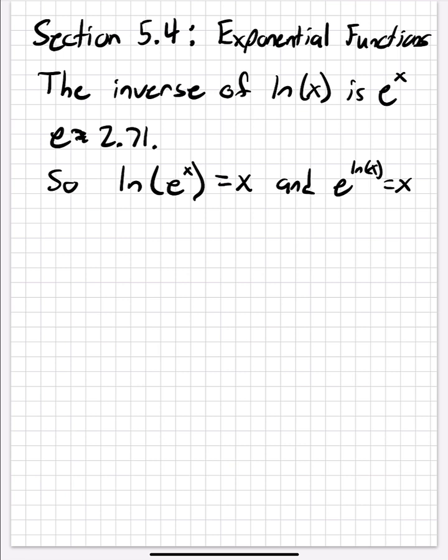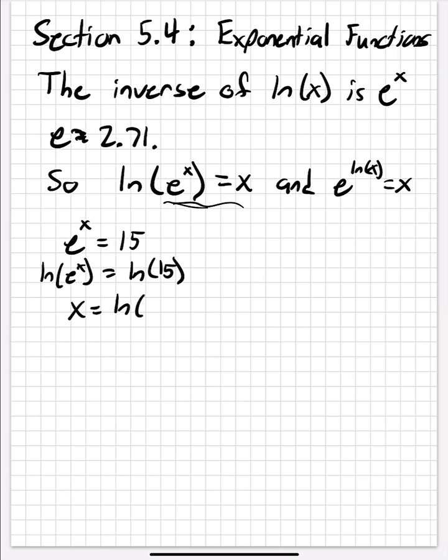Let's say that we have e to the x is equal to 15. How I would solve this is to take the natural log of both sides. And then, as I know from my definition up here, I can cancel these out. The natural log of e to the x just gives me x. So now x is equal to the natural log of 15. Plug that in the calculator, and your homework wants 3 decimal places. So we'll say that is